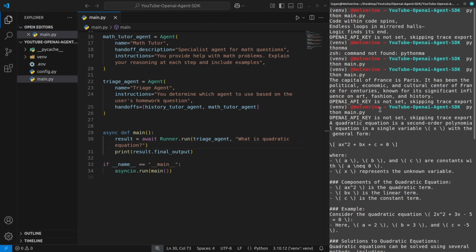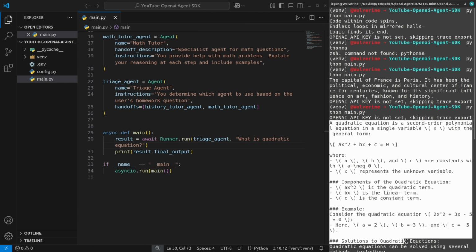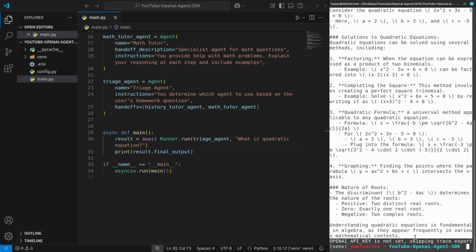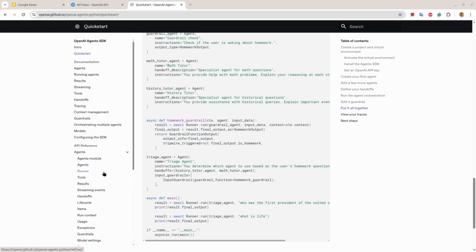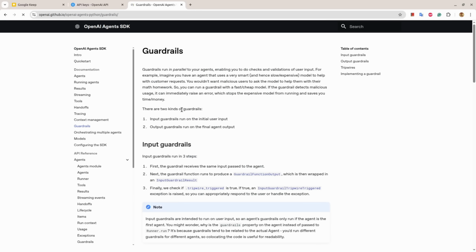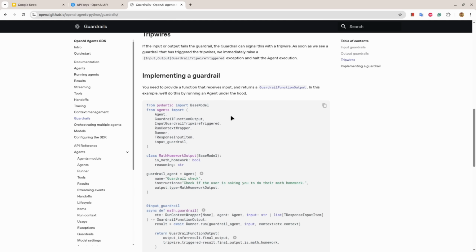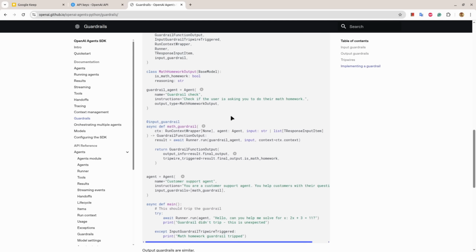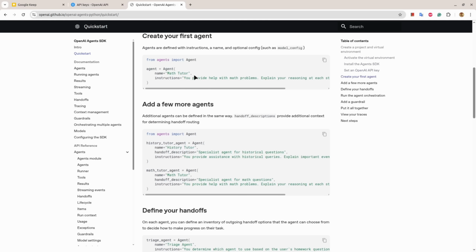Oh, it has generated a beautiful response about the quadratic equation. So now there is a guardrail. This guardrail means you can validate the input and validate the output based on the guardrail that you set. When you set the guardrail, it will validate the input. If it is valid input, it goes ahead, otherwise it breaks the flow. So I guess here in the quick start guide,